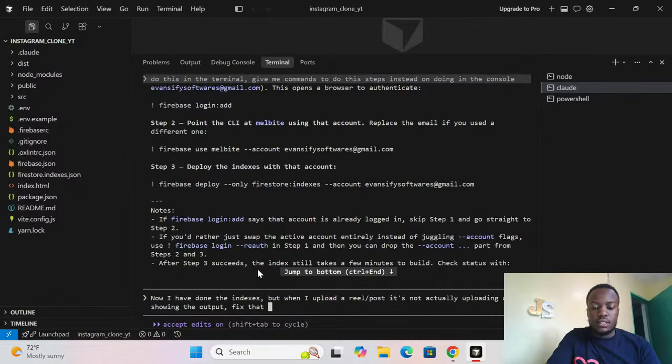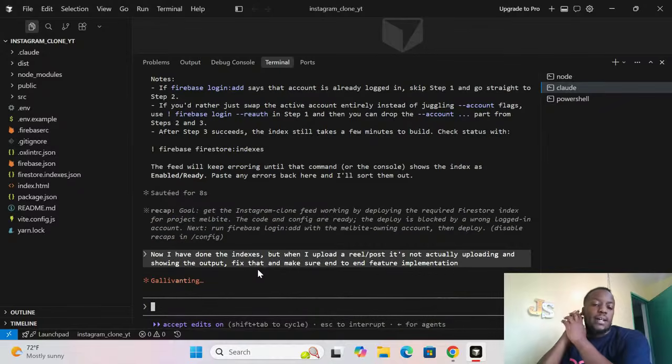Fix that and make sure end-to-end feature implementation. So I want to make sure that